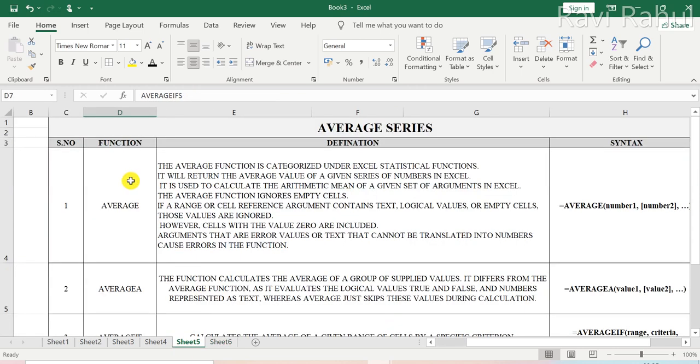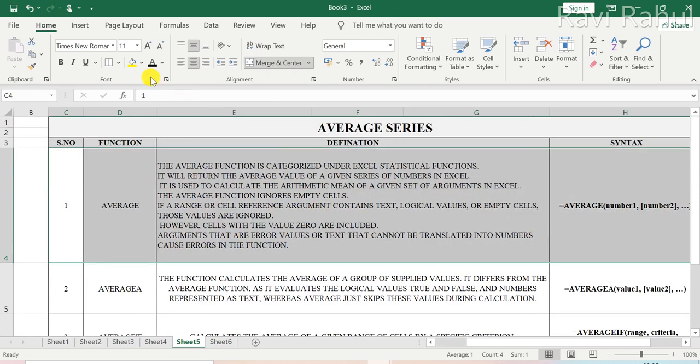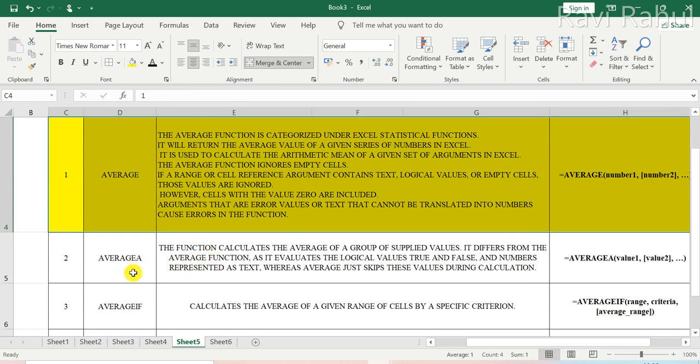Now we are done with the average function. Let us move on to the function known as AVERAGEA. What does AVERAGEA stand for? AVERAGEA stands for average of all. This function will calculate the average of a group of supplied values. It differs from the average function as it evaluates the logical values true and false and numbers represented as text, whereas average just skips those values during the calculation.